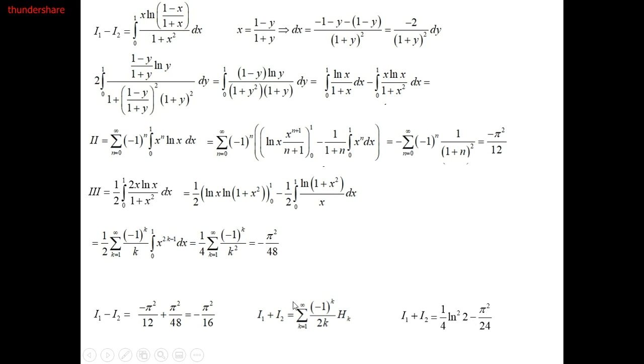After we solve these relations, if I add the first one with the third one, we will obtain I1, and then substitute with I1 to have I2, and in the second relation, after substituting, we will have the series of harmonic numbers. I hope that you understood these three problems very well,